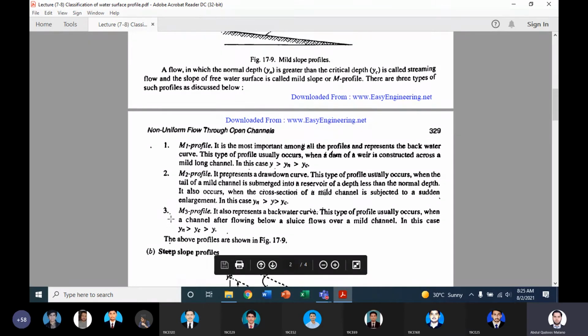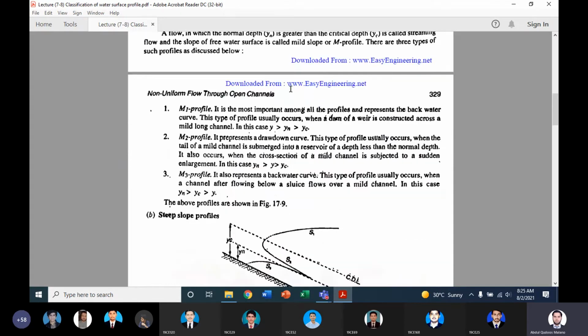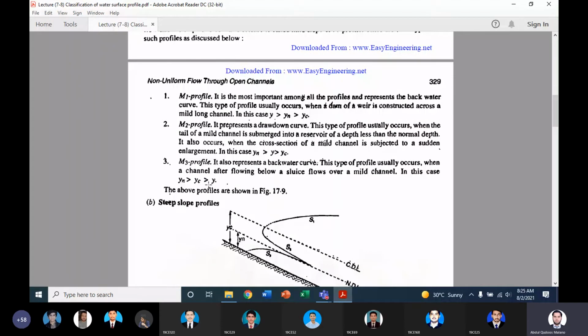Okay, sir. Then we have the third profile. In the third profile, if you see, this is the third profile, the space below both the lines, normal and critical. So in this case, you will see that the normal depth line, of course, will be greater than the critical depth. Okay, so here in the third case, the normal depth line will be greater than the critical depth line, and critical depth line is going to be greater than the depth of the flow. If you see over here, the normal depth is greater than critical depth, which is going to be greater than the depth of the flow.